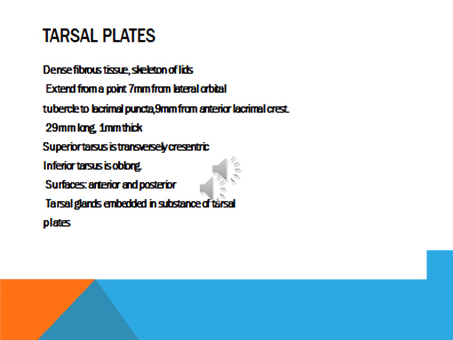The lids are developed from the surface ectoderm, a fold of ectoderm which covers the anterior surface of the optic vesicle and then fuses together in front of the eyeball, and later it separates to leave the conjunctival space. In between the layers of the folds of the ectoderm there will be invagination of some mesodermal tissue.